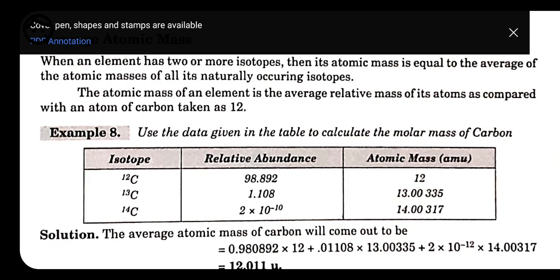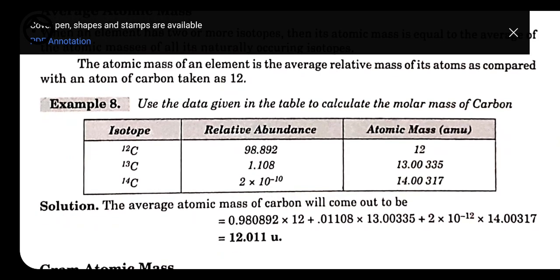To get the relative atomic mass, we have to multiply the percentage in which they are found with their atomic mass. Like carbon 12 is present in 98.89 percent. So here we have to multiply this 98.89 into 12, plus carbon 13, which is present in 1.108. So 1.108 into 13 we have to take, that is the atomic mass. See, here the ratio or the number is a little bit different because they are just shifting the decimal from one place to another.